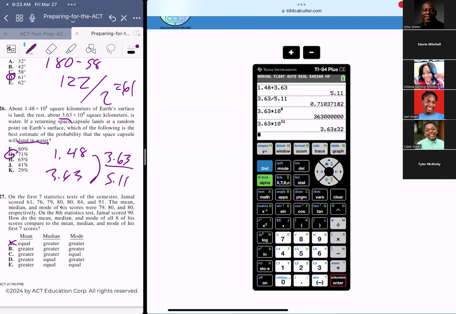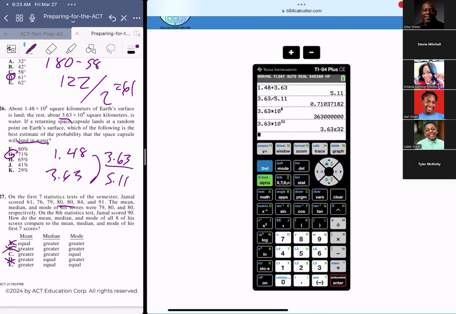80. Yeah, he scores 80 the most. So him scoring a 90 is not going to change that he scores 80 the most. So we can say that the mode is going to be equal. So we need a greater mean and an equal mode. And the only ones that have that are